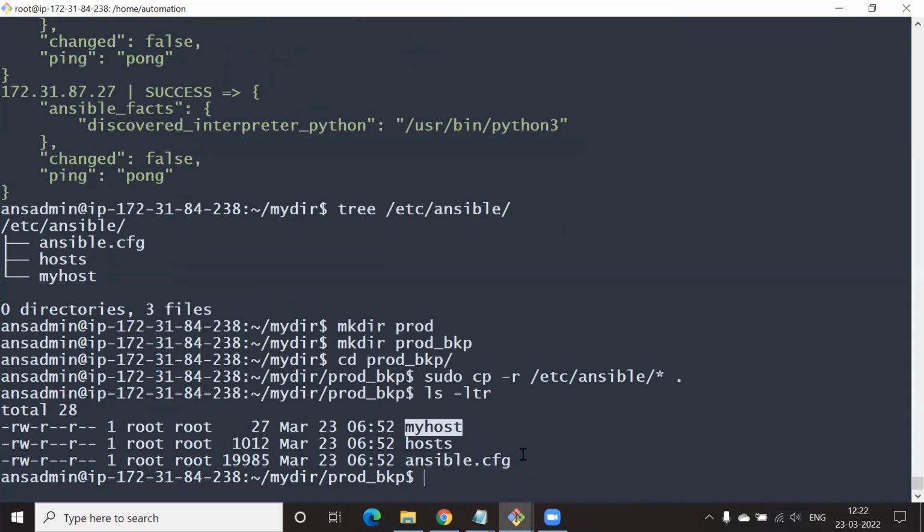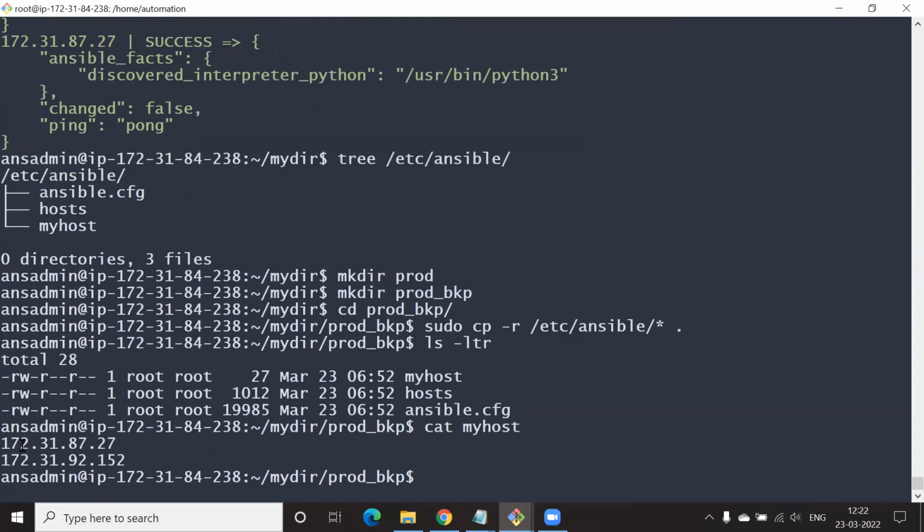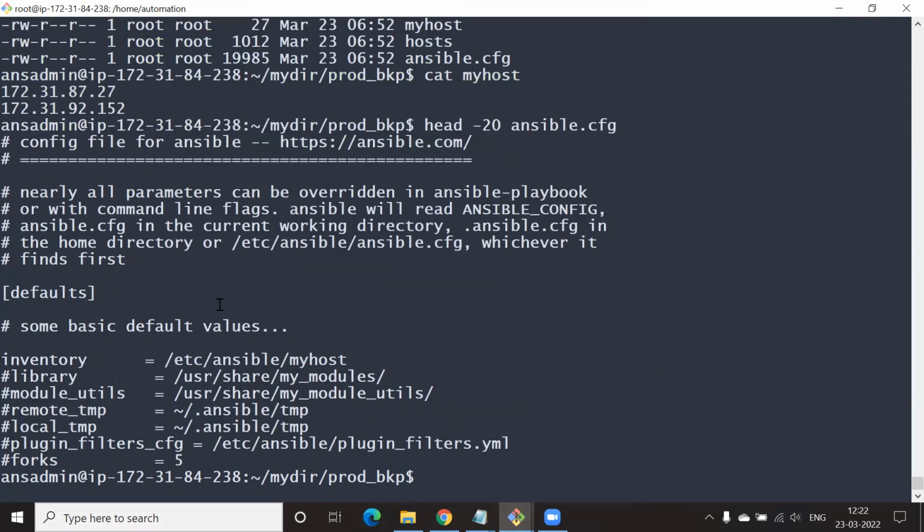Cat my host. You have two of them, and head -20 ansible.cfg. Look, the inventory is now pointing to my host. Okay.